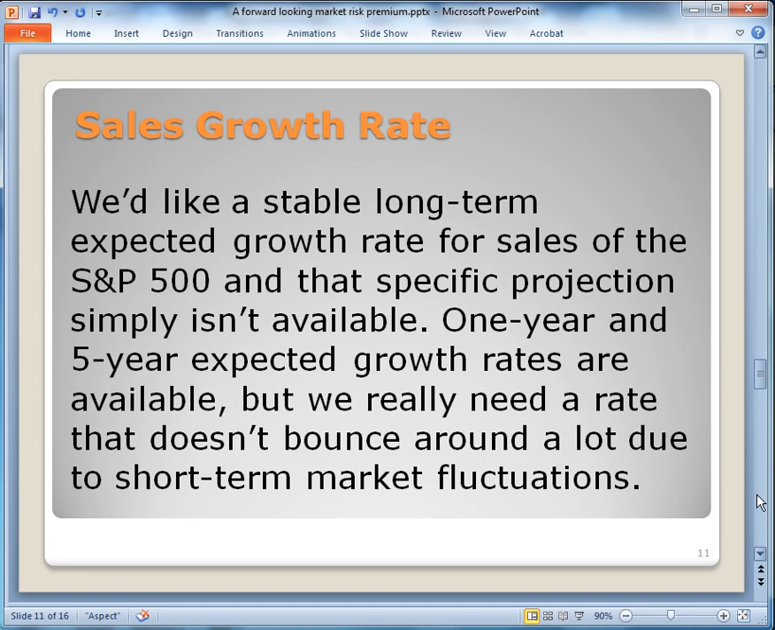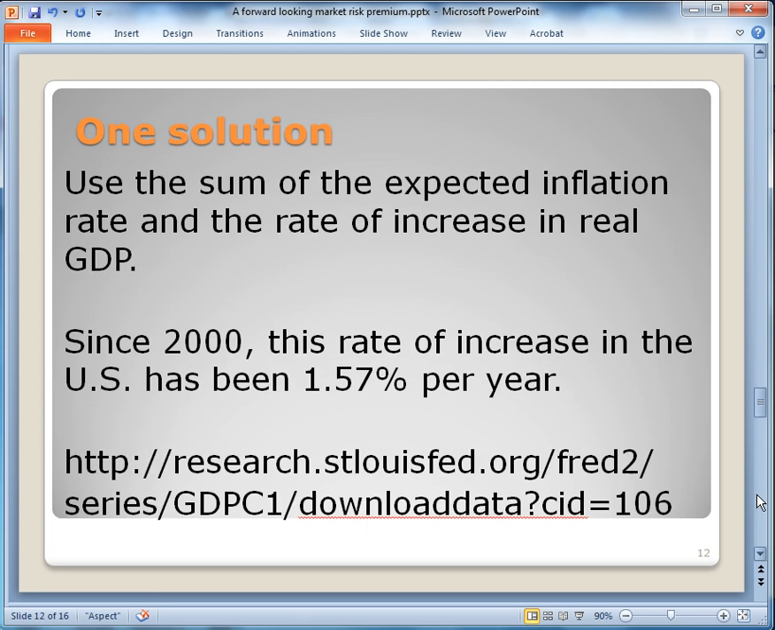Now we also need a sales growth rate, and this is a little more difficult to come up with. What we'd like is a stable long-term expected growth rate for sales, or at least for total payouts, for the S&P 500, and frankly that's just not available exactly the way it is. You can find one-year projections, and you can even find 5-year expected growth rates both in sales and in earnings, but what we really need is a long-run stable rate that doesn't bounce around a lot due to short-term market fluctuations. We'd like to have something that really does reflect what ought to happen over the next 5, 10, or 20 years. And one way of doing that is to take the expected inflation rate